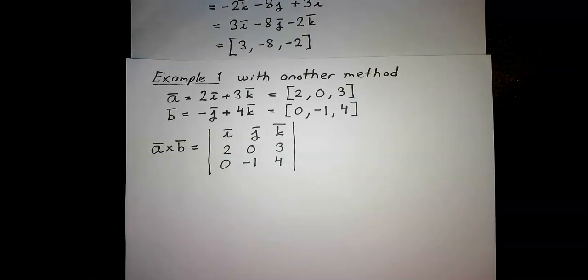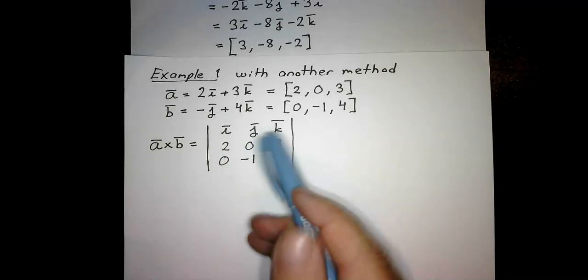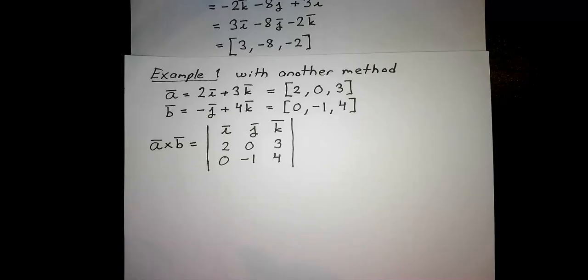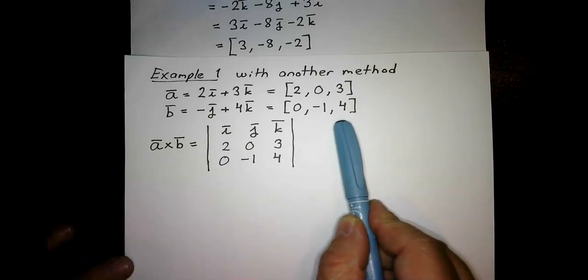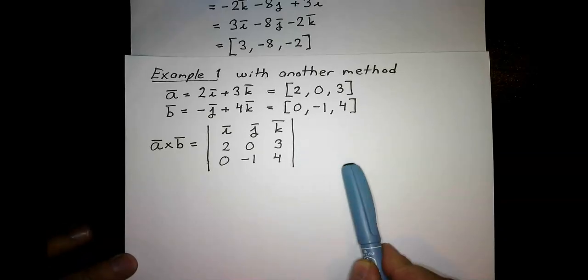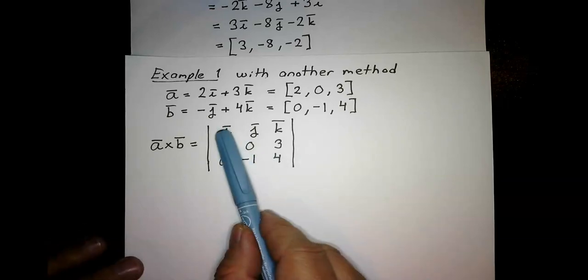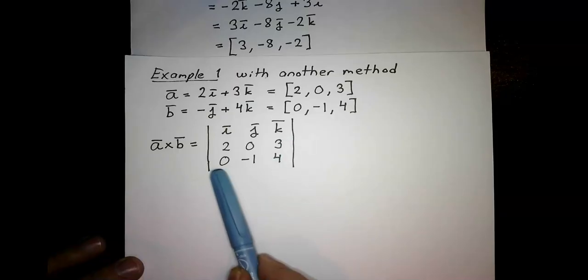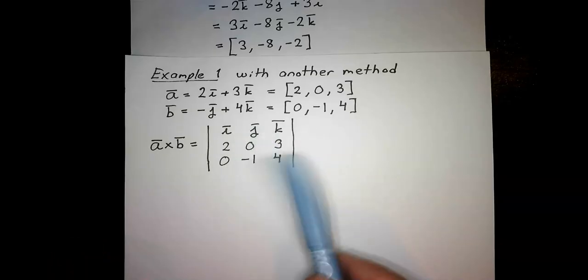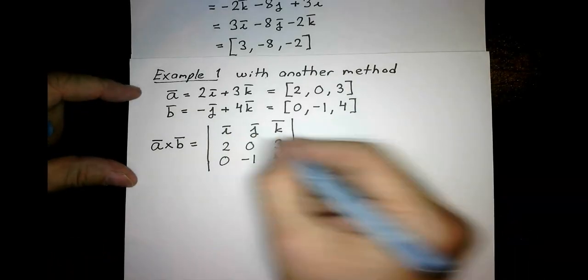And if we use the so-called Sarrus rule when calculating this vector product, or calculating the value of this determinant, we copy the first 2 columns. Actually, we can do this in two possible ways. We either can copy these first 2 columns and write them after this determinant to the right, or we can copy the first and second row and write them below the determinant. I will choose the first method, so I will copy this